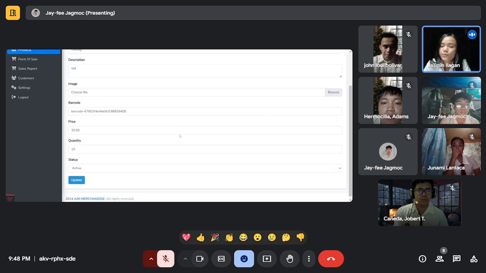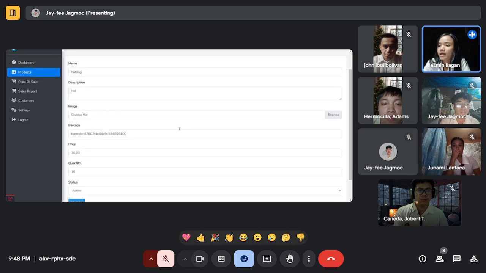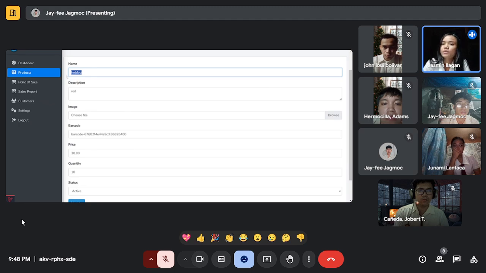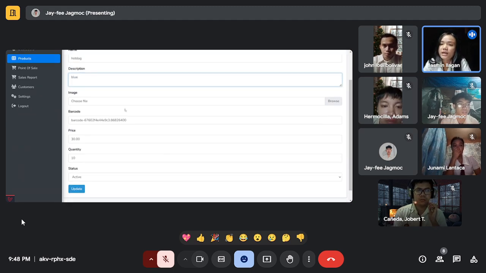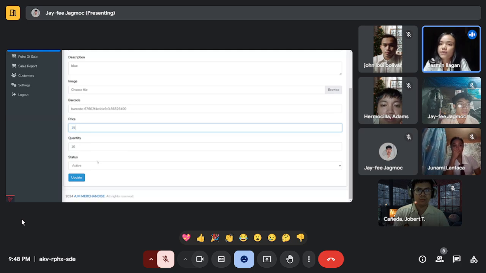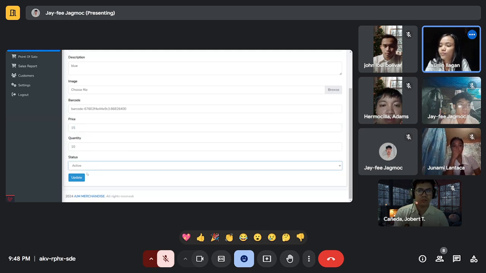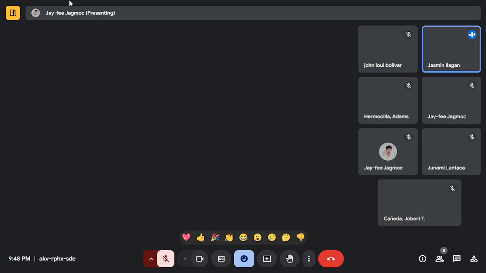Select any product, then modify the product details such as name, description, price, quantity, or status. After you change the information, just click the update button to apply the changes. Then verify that the updated product details appear correctly in the product list.